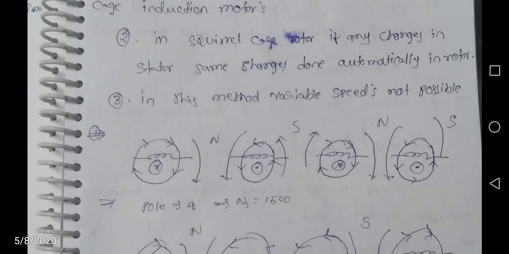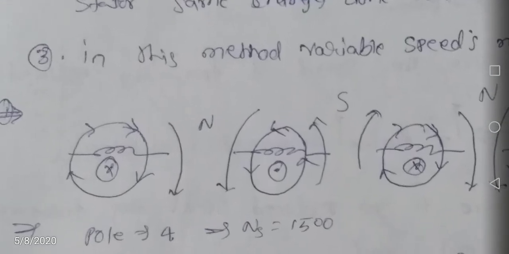In this condition, the cross conductor gives clockwise flux and the dot conductor gives anti-clockwise flux. So between conductors 1 and 2, both fluxes are in the downward direction. Because of conductor 1 and conductor 2, fluxes are in the downward direction. Observe that downward direction. So fluxes are going inside the machine, and a north pole is formed between conductors 1 and 2.